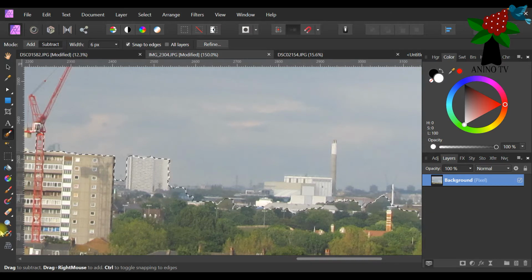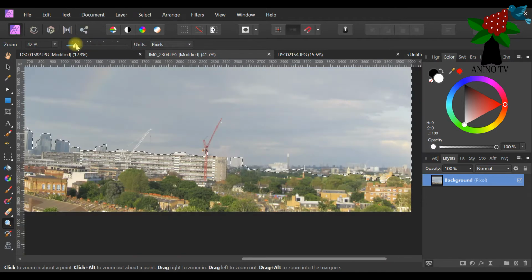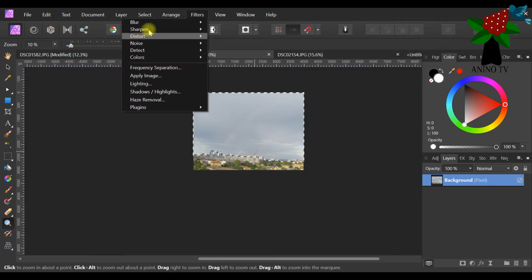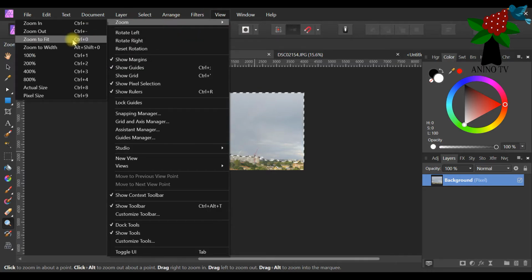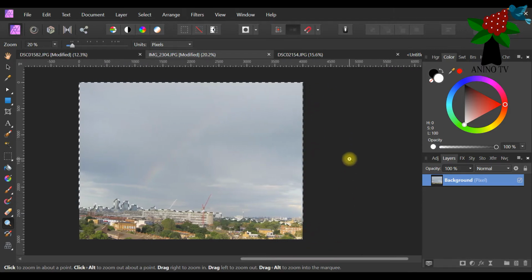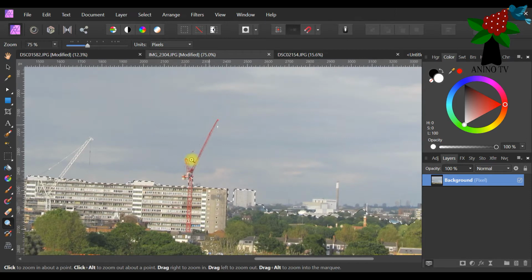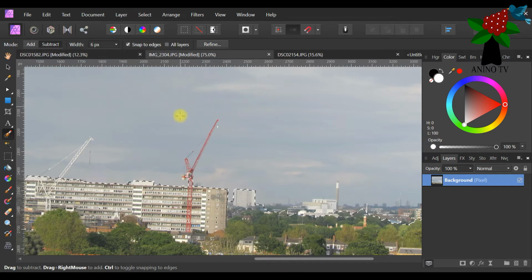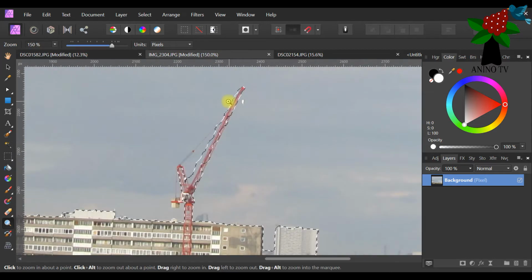Okay, we can make use of this one. So I'm going to zoom. Go to view, zoom, and zoom to fit so that I can see the full image. I just need this other image here, so I'll go in there. It's kind of detailed, it might take time, so